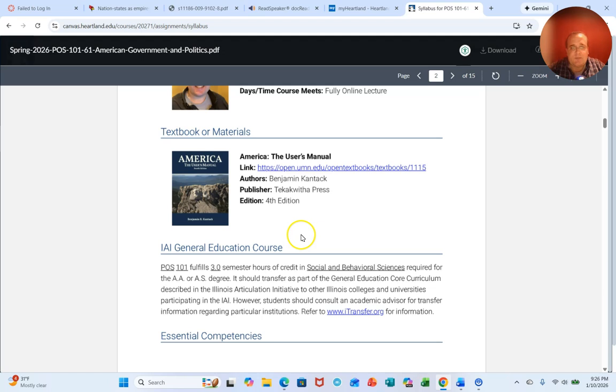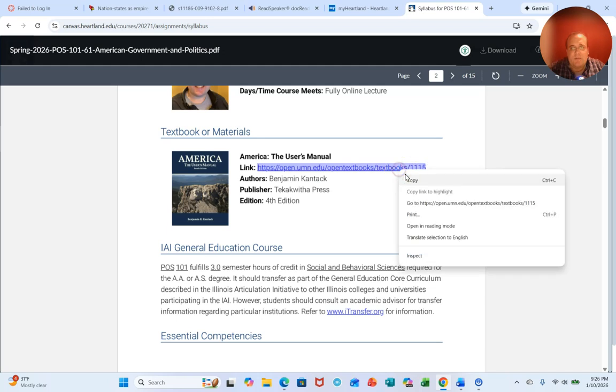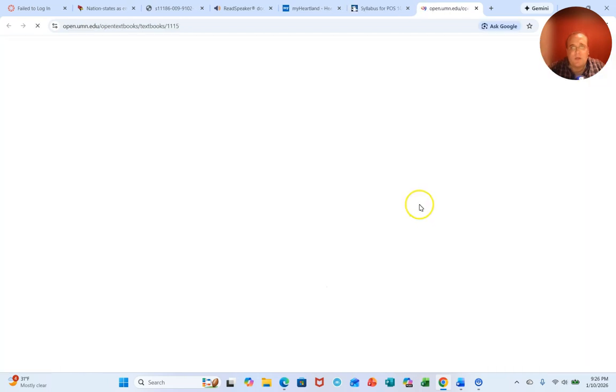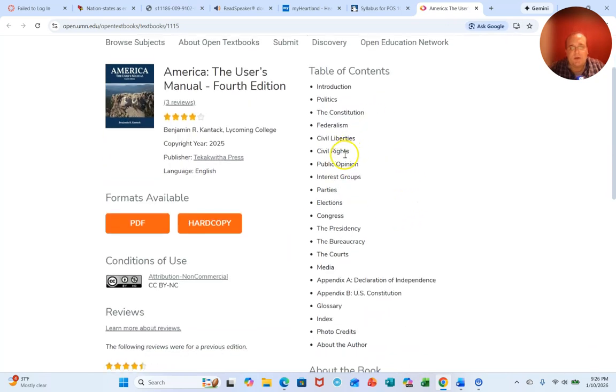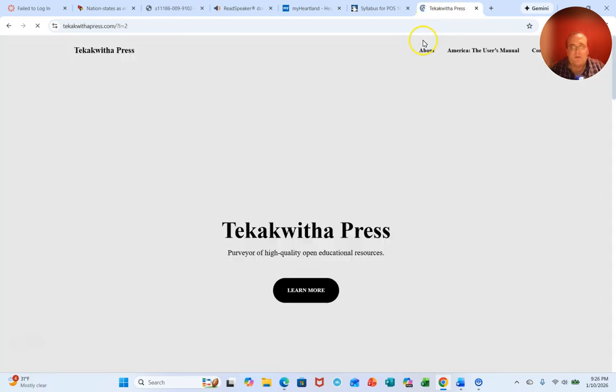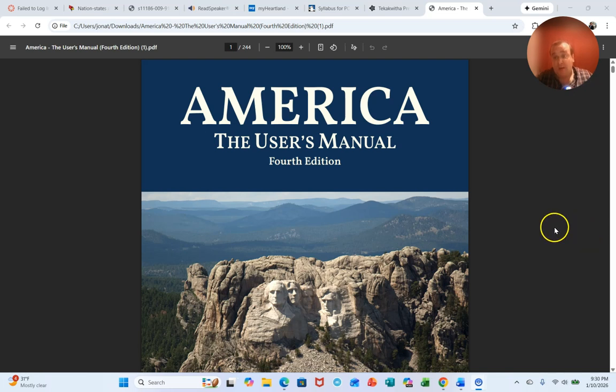This is the textbook we're using. There's the link. This is great because it doesn't cost you a nickel. It's called an open educational resource. You download the PDF, and you wait a very long wait until you get to this.